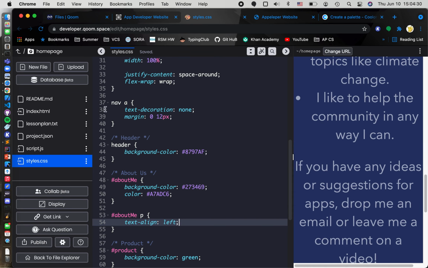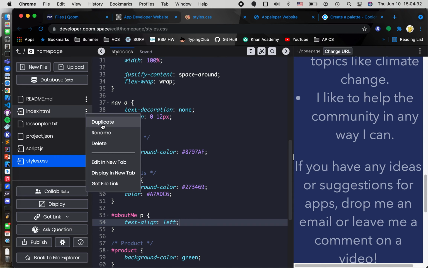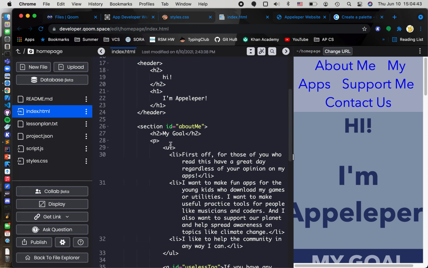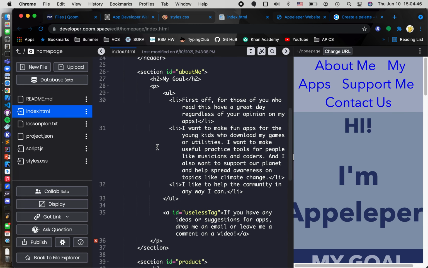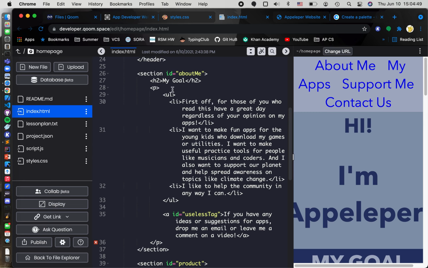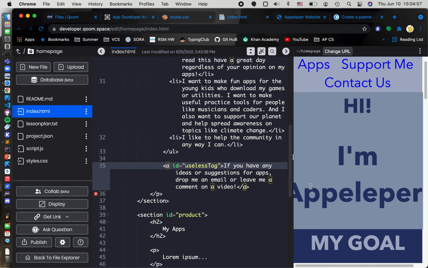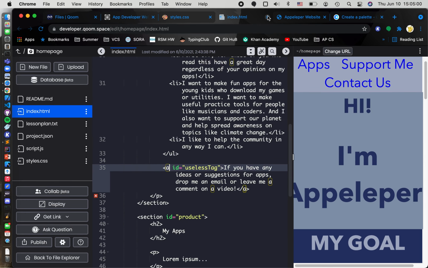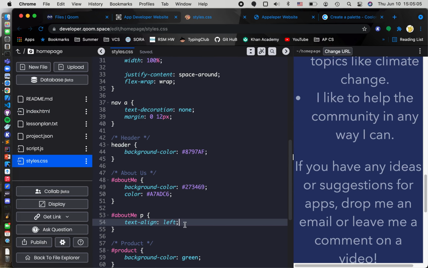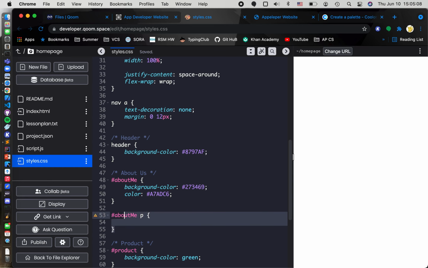That doesn't seem to have worked. Let's see what our problem is. In case it doesn't work, you always want to just debug. So edit a new tab. In the about me, I have a P. This P also has inside of it a UL, which is an unordered list, a bunch of list elements, and A. That is why it is not changing, because there is no actual text for it to shift. So what we can do instead is, quite simply, put this line back into here,